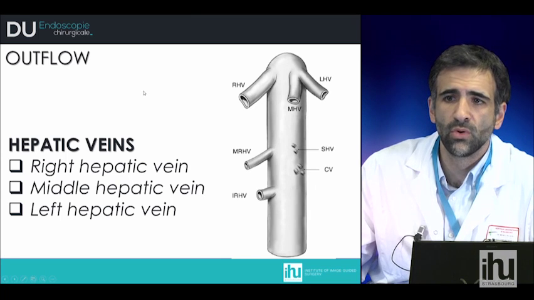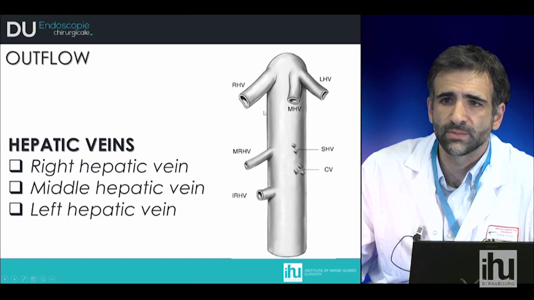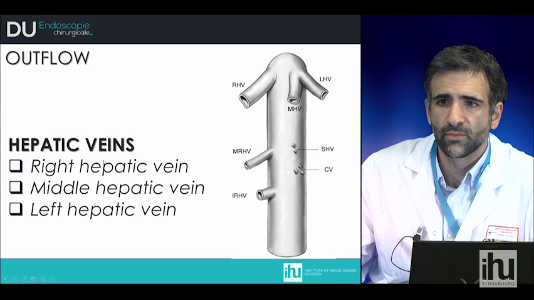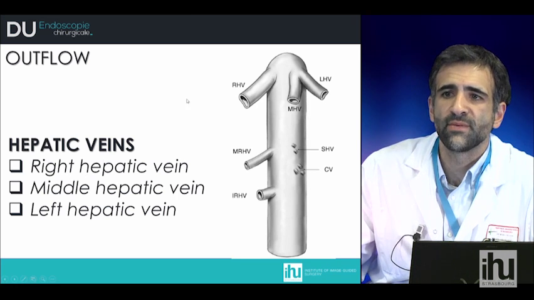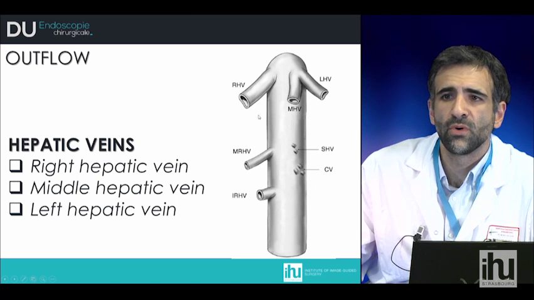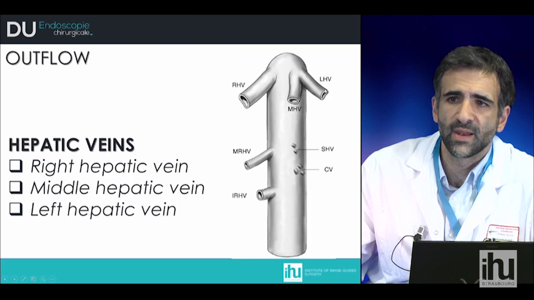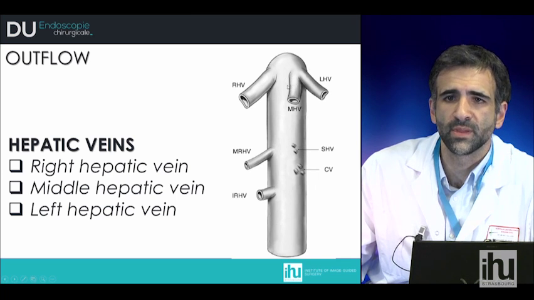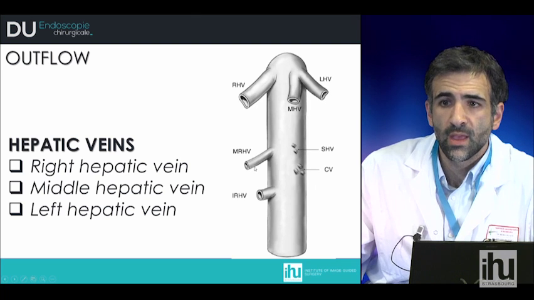Concerning the outflow, we have the hepatic veins, which are responsible for the outflow of the liver, and we have the right hepatic vein, middle hepatic vein, and left hepatic vein. As we said before, we have the middle hepatic vein and left hepatic vein, which are together in the common hepatic trunk. It's possible to have other small veins that go from the liver to the vena cava,